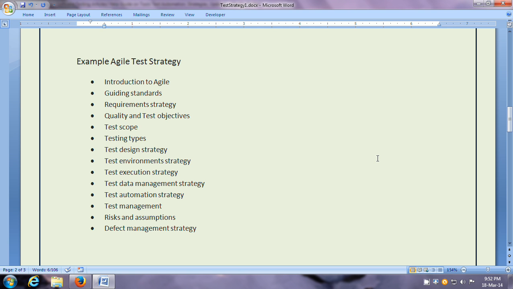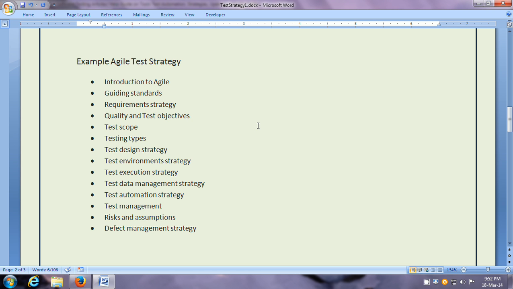In an agile test strategy, you can have sections like the introduction to agile, guiding standards, requirements, strategy, quality and test objectives is an important section, test scope and testing types. Then also give the strategy for test design, test environments, test execution, test data management, test automation, and give the risks and assumptions and defect management strategy.